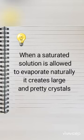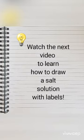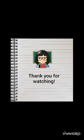When a saturated solution is allowed to evaporate naturally, it creates large and pretty crystals. If it evaporates due to boiling, it creates powdery particles. The dissolved salt and water mixture